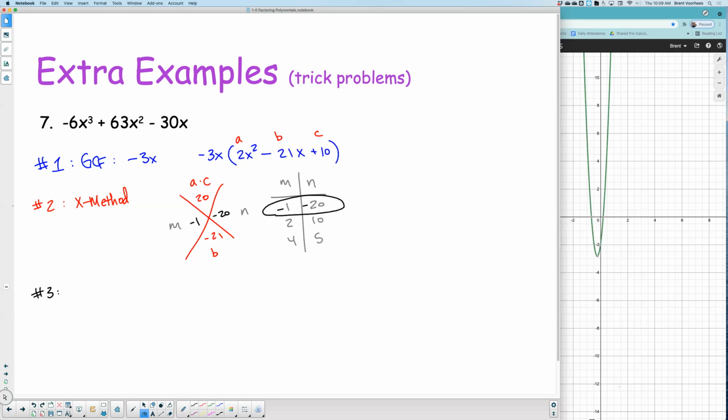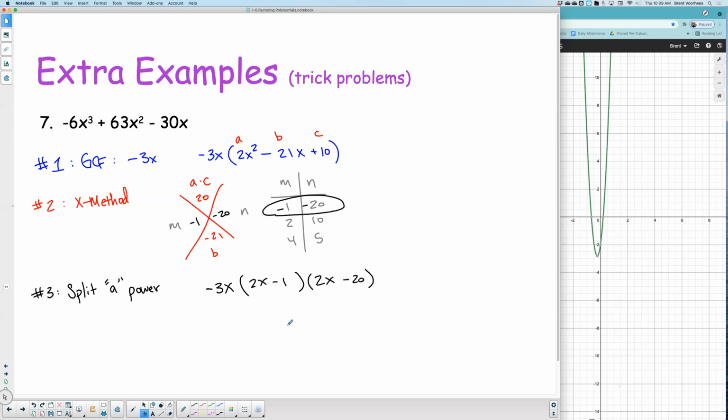Step 3. What do we call step 3? Yep. Split A's terms power. So my A term was 2x squared. Don't forget the GCF here. So 2x squared being split becomes 2x and 2x. My m and n values go into parentheses, -1 and